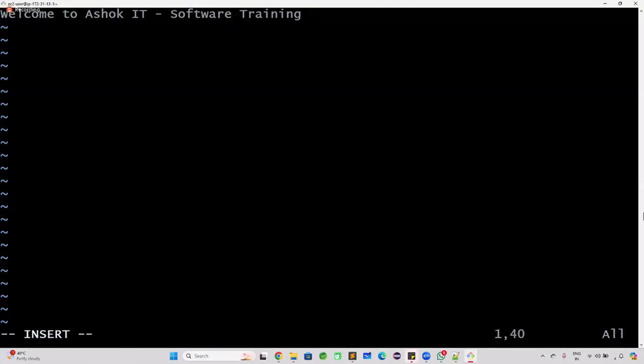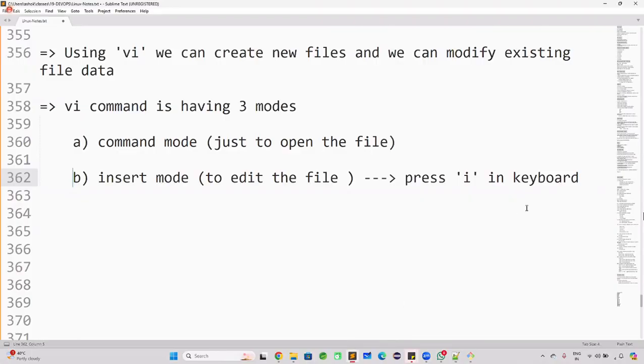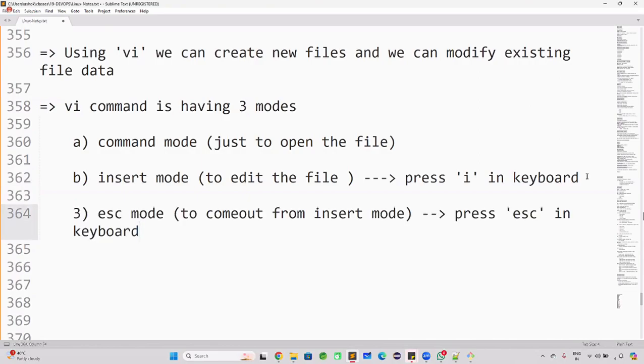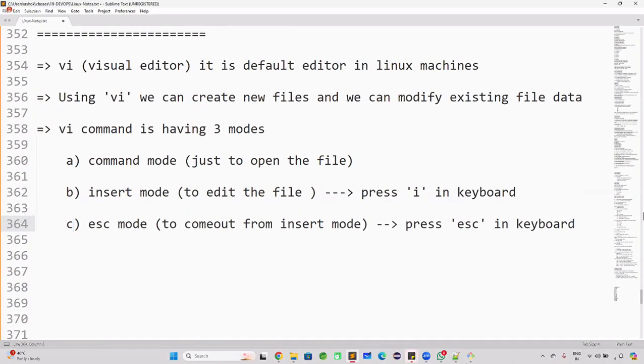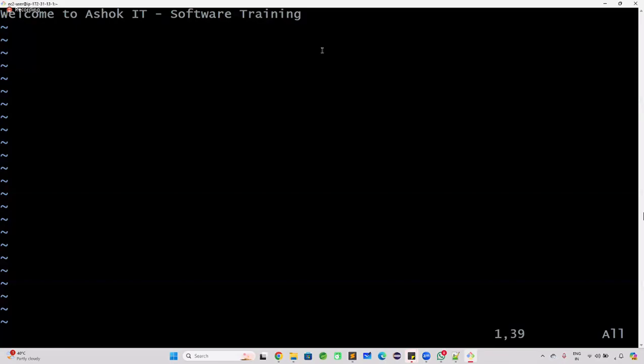Once the file is modified, then you need to press escape. That is called escape mode. Escape mode is used to come out from the insert mode. By default, we will be in the command mode. Then from the command mode, we can go to insert mode. From the insert mode, you can come out to the escape mode by pressing the escape key on the keyboard. Once you press the escape key, then